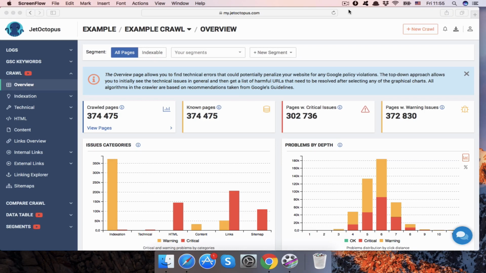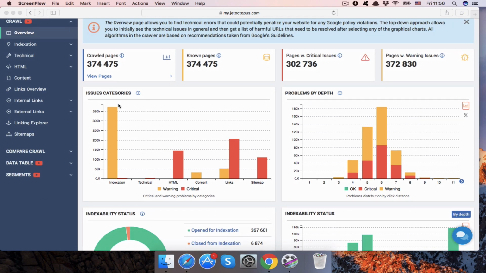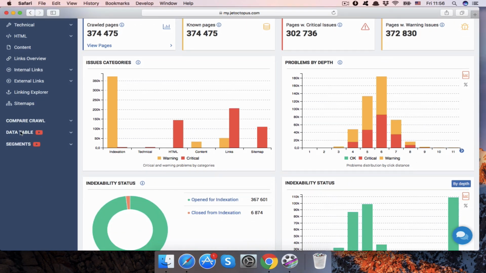Hello everyone. Now I would like to show you how to find the pages with status code 300, 400, 500 which have internal links to other pages. This is really a big problem and I will show you how easy it is to find the whole list